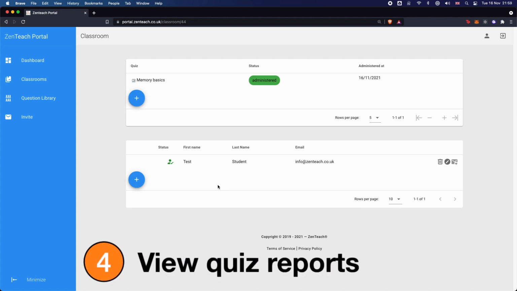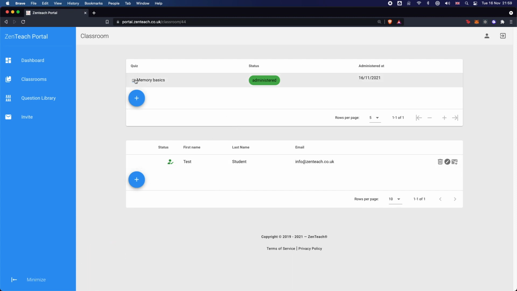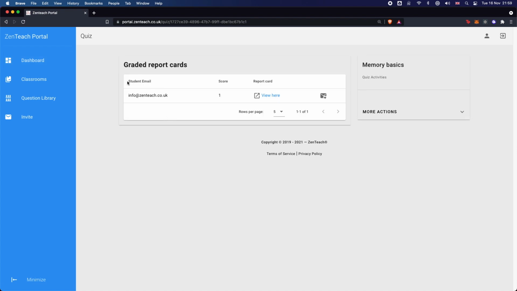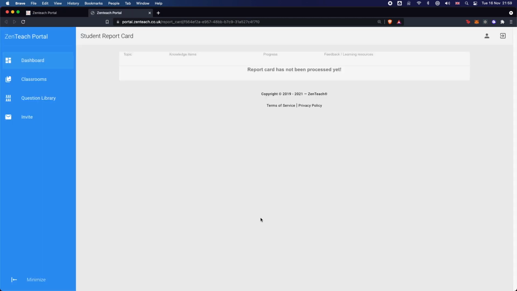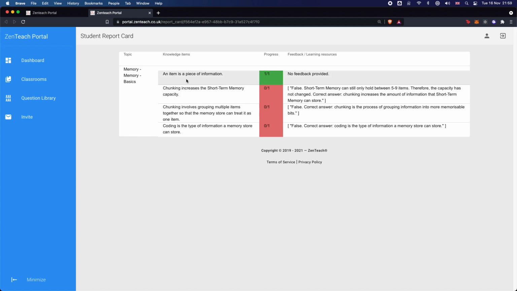Let's take a look at one of those student report cards. When you go back into the quiz, you're going to see all of your students listed here. We have now just taken the quiz, and we can view our scorecard right here. Now, as you can see, the first question was answered correctly, therefore there is no feedback. Now for the second question, it's red because it was falsely answered, and there's some very specific feedback that relates to that particular answer they clicked on. So this explains to them why the answer they chose is wrong,